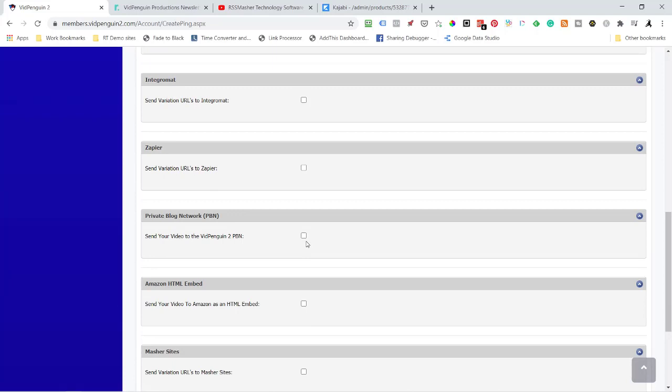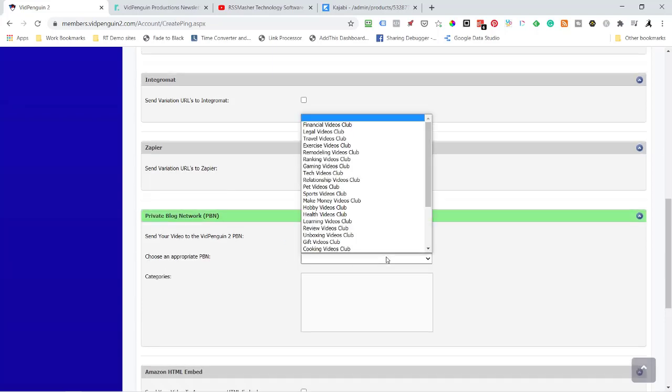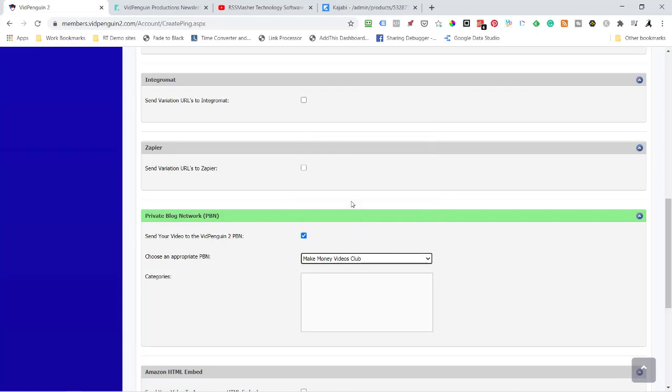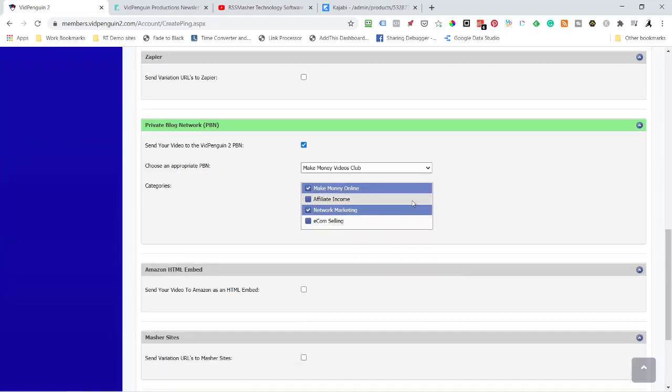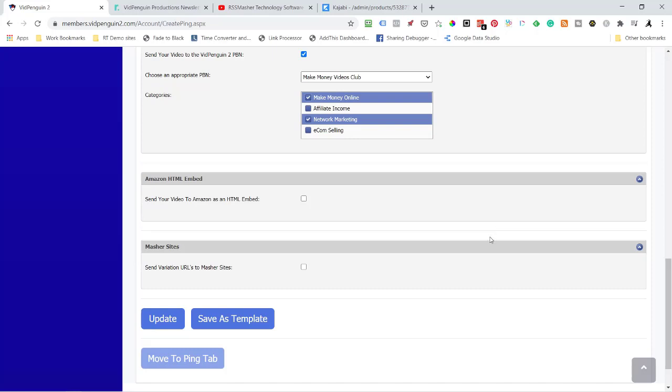Then we have a PBN network, which is a group of blogs, auto blogs, that we furnish content to. And if you go into your PBN, our PBN, you could select any of these. There's 28 of them, and they cover all types of niches. So mine is about, let's go into marketing videos, make money videos. That's probably a good one to use. And I'm just going to call it network marketing. And you can put it in multiple categories, but with each video, you're allowed to send it to one of